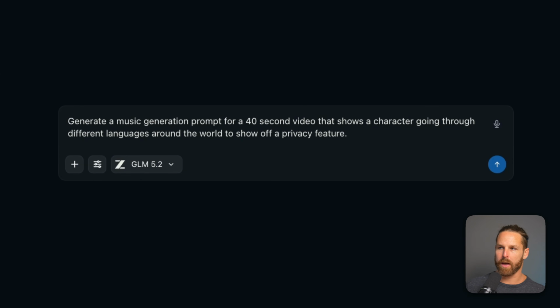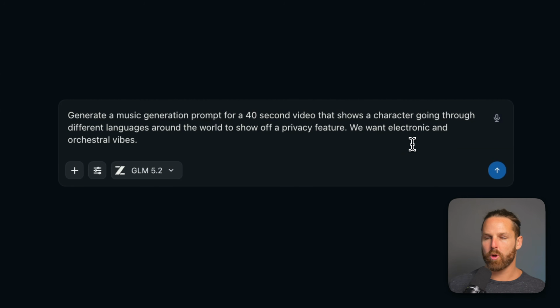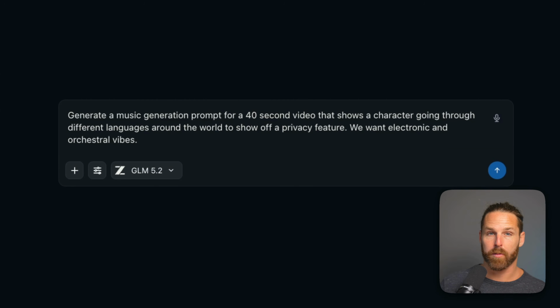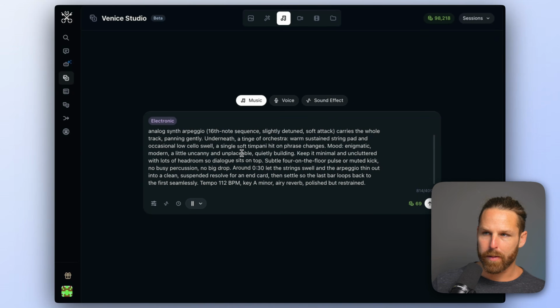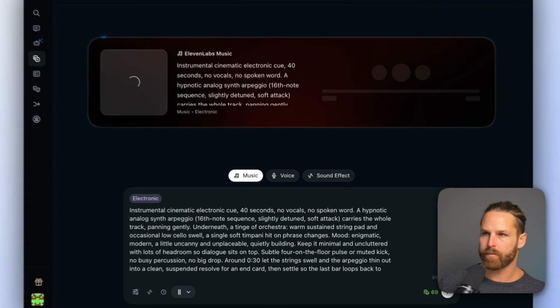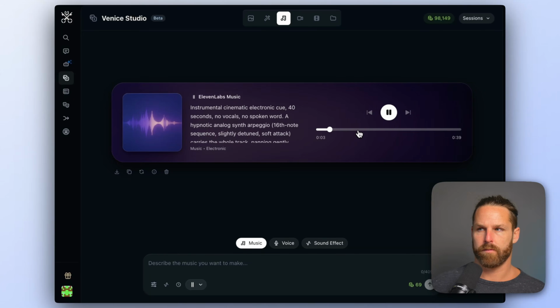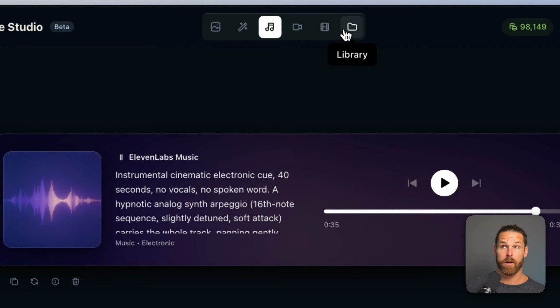Something like that anyway. And then we say we want electronic and orchestral vibes. Shoot that off and work with it until you get a prompt that you like. Then paste it in. Nice and simple. So I can download that, but I know it's in my asset library, so I'll head back